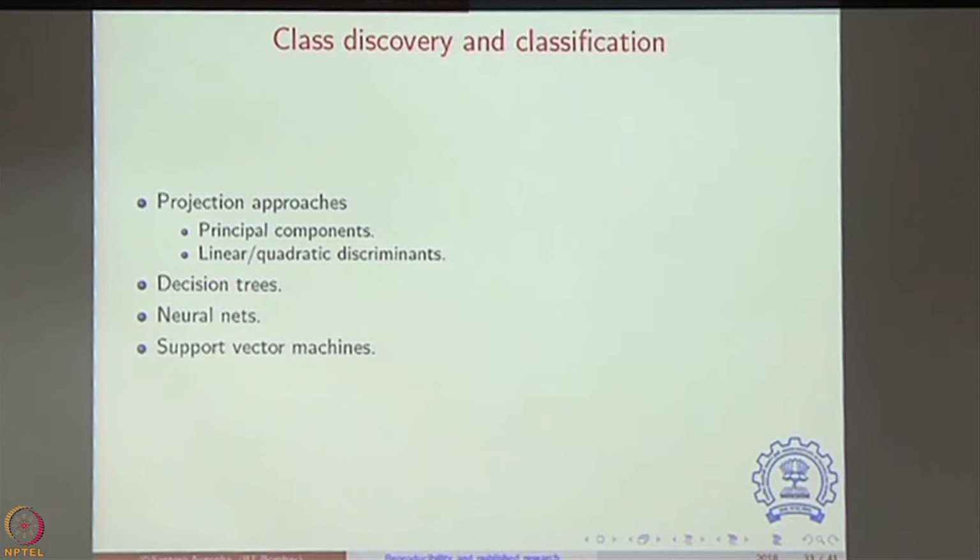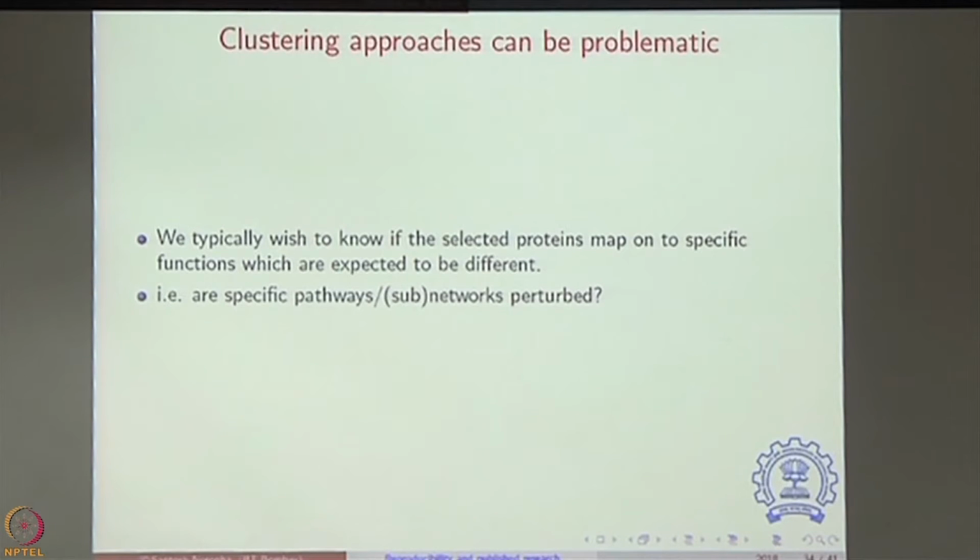And if you start looking through the pattern recognition literature, and again I am throwing more buzzwords at you, you will realize there is a whole bunch of methods available out there. Some of these may get built into some omics tools, but they are more likely to be present in some statistics toolbox, in which case you have to make the effort to go to that toolbox and try to figure out what is going on.